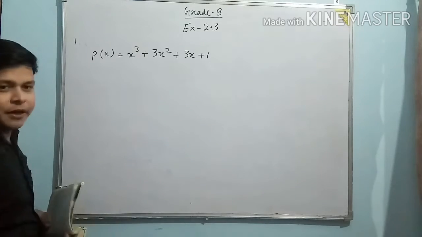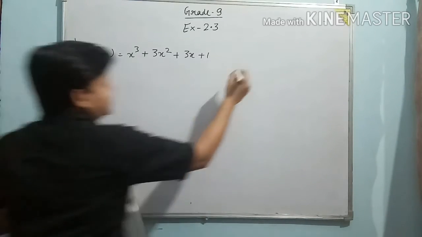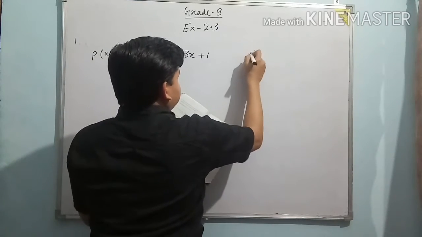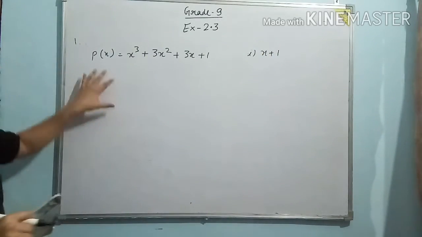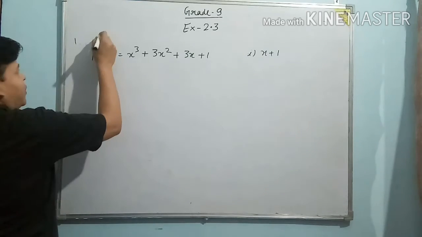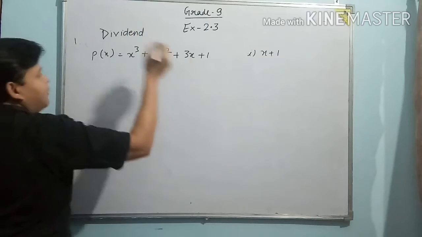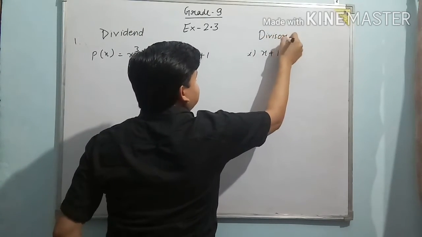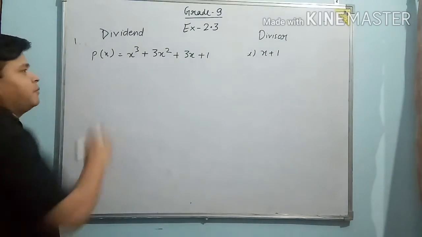So we have to find the remainder when this polynomial is divided by, first, so I am writing the first part here. This one is x plus 1. So right now this is your dividend and this one is your divisor. I am writing here to make you understand properly that this one is your dividend. It's not given in the question, but we have to understand by ourselves. And these are the divisors. Okay, some more divisors are given here which we have to use to divide the given polynomial.